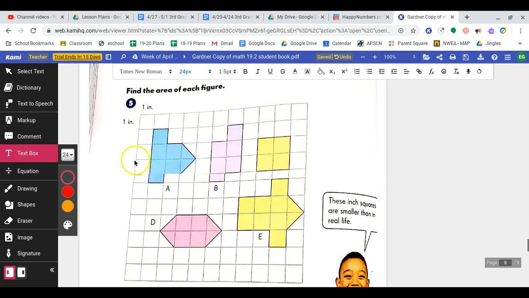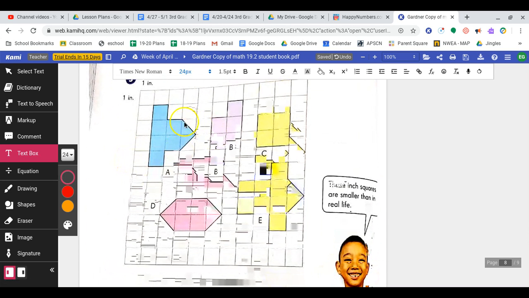Okay, now we are going to find the area of each figure. As you can see here, we have some half